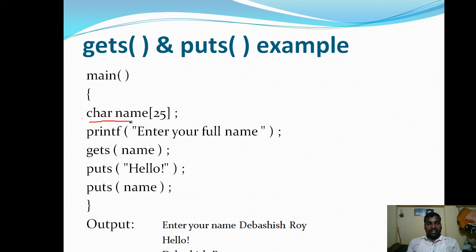Now here is an example. Here I am declaring a variable name of character array. Simply we can say that name is a string. Then I am asking the user to enter your full name.